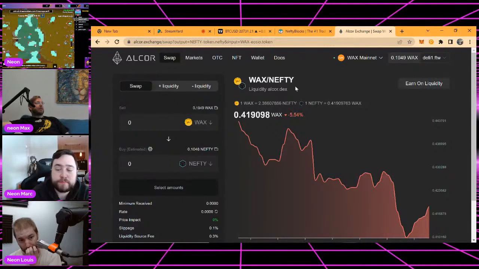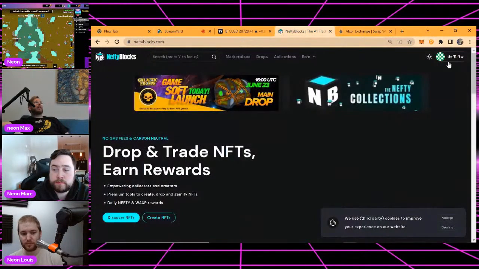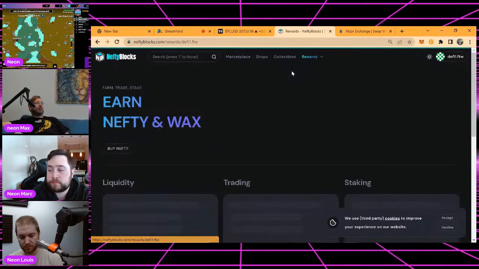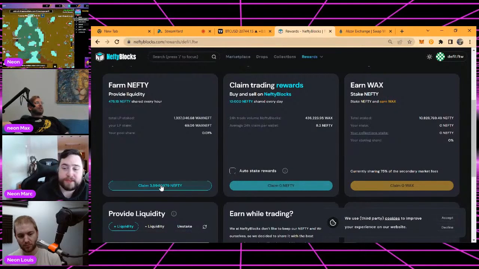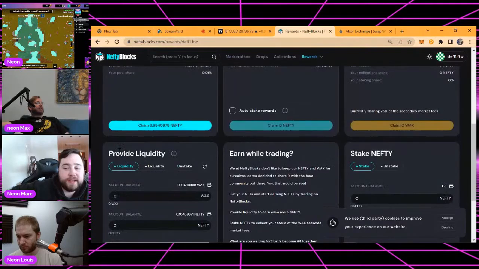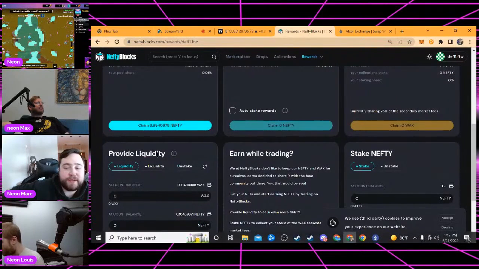But let's take a look at what we've done. Last week, we joined the liquidity pool here. So I made a wallet, DeFi1.ftw. I can go to earn rewards, and we added liquidity to the pool. So we started with 100 wax, then he sold half into Nefty, paired it, and then deposited the resulting LP